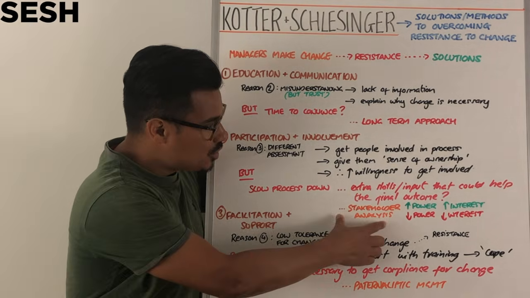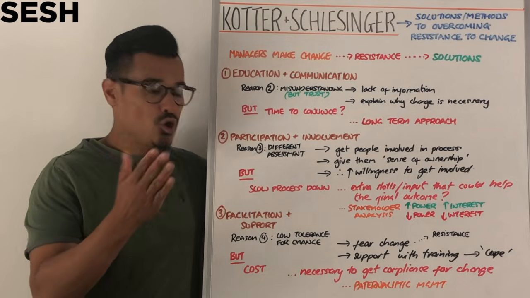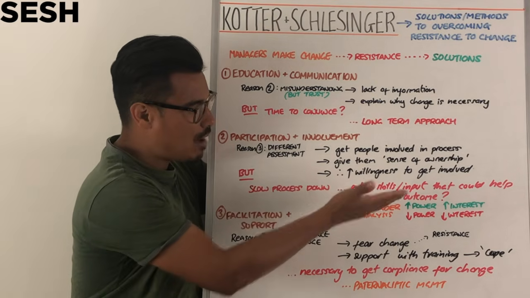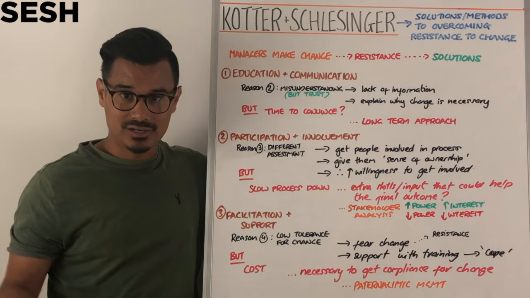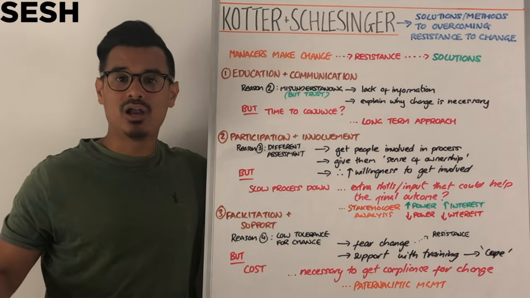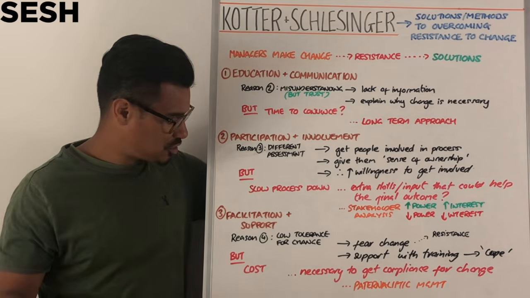You could loop in here stakeholder analysis, because who is it that you're trying to get involved here? Because if it's stakeholder analysis, if they've got high power, high interest, then maybe you definitely want to involve them in the process. But if the stakeholder has low power and low interest, maybe you don't want to include them in the process. You might want to question that.